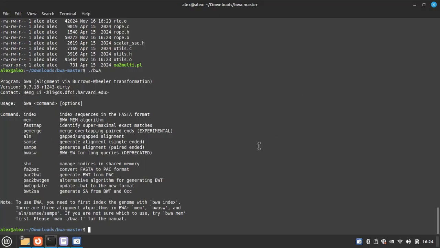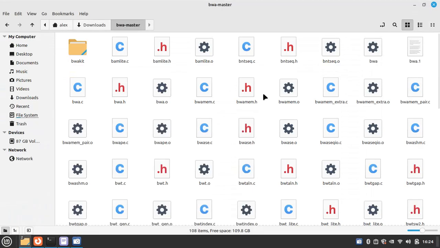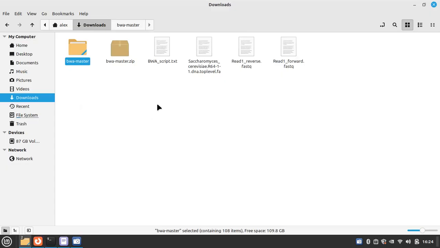So for alignment, you just need 3 files. First, the genome FASTA. So here I am using the Saccharomyces cerevisiae yeast genome, and we also have the FASTQ file of cerevisiae forward and reverse. So first we have to make the index, the genome index. For that,